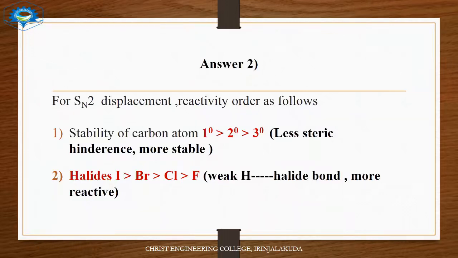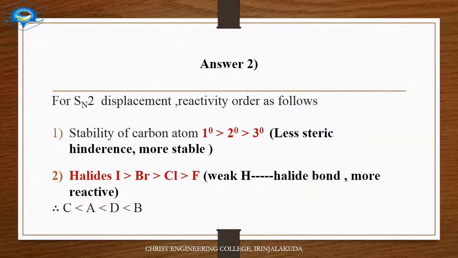Okay, so comparing these two conditions, we will reach our final answer, which is answer 2, C less than A less than D less than B. When we compare, molecule C is a tertiary carbocation, and molecule A is a secondary carbocation. Molecules B and D are primary carbocations. Among these primary carbocations D and B, D is connected to Cl halogen. So, the halide is chlorine in D and the halide is Br in B.